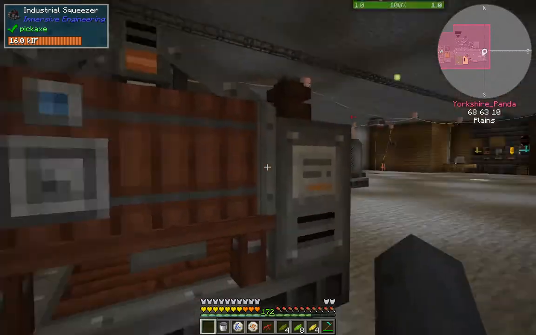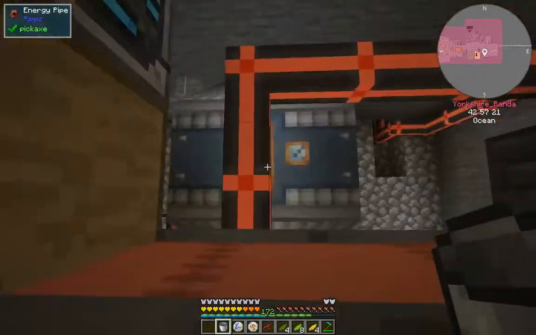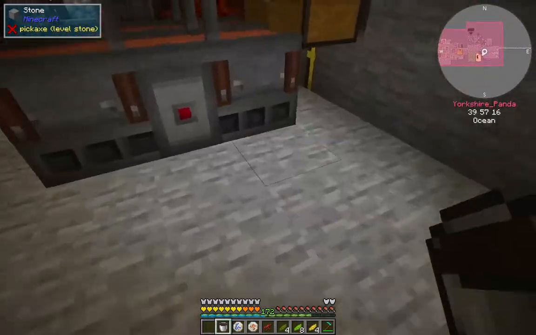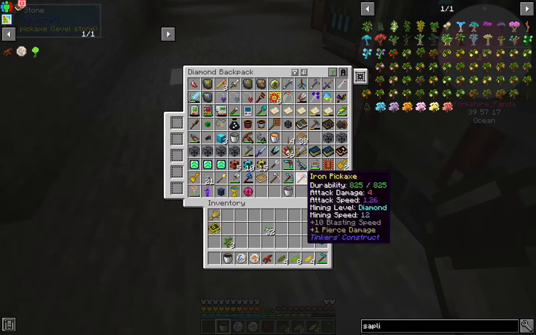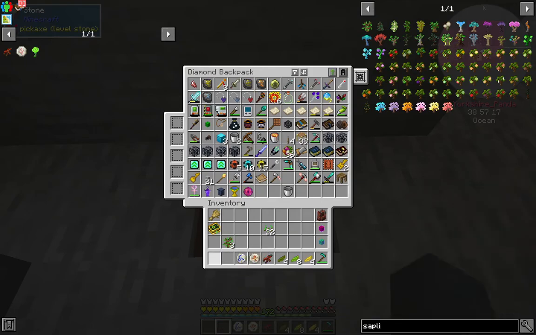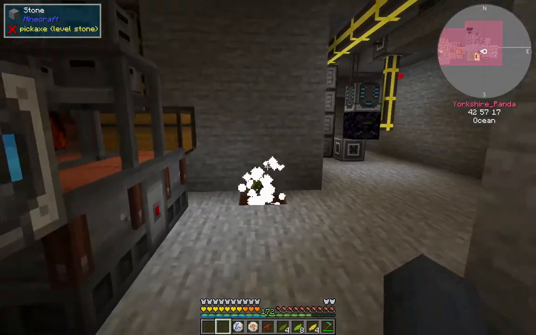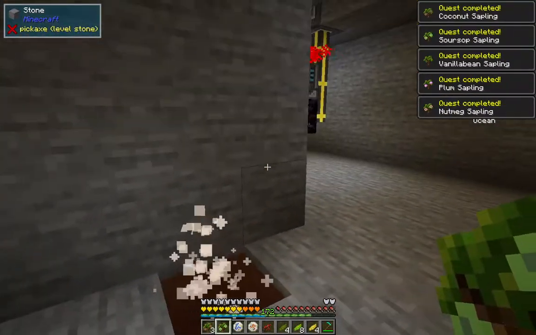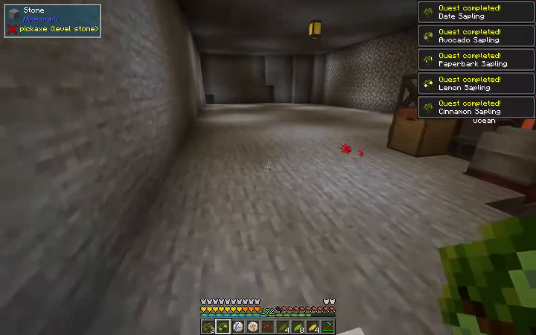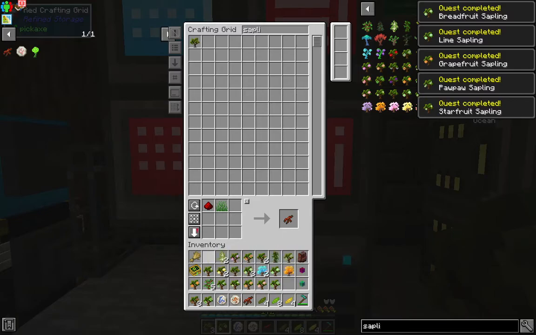Because I've now set this to just export seeds. Going to go downstairs. I'm just going to grab a bucket of creosote oil from there. Let's just put a hole here. Pickaxe. Put you in. And then take the seeds and throw them in. That will start getting your saplings. It'll get all the fruit saplings. But it does also give you